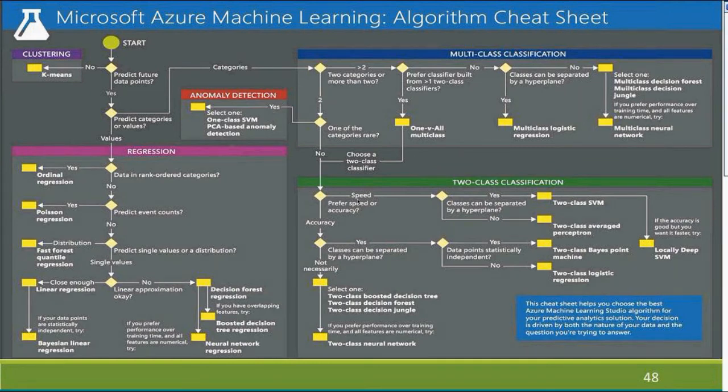So this seems like a very generic flow. Do all the providers have their own algorithm cheat sheet, or do they all follow this? Good question. The algorithms themselves are different from provider to provider. So let me rephrase for people on the phone: is this cheat sheet only applicable for Azure? No. Actually, it doesn't matter. Anywhere you take it, it's the same.